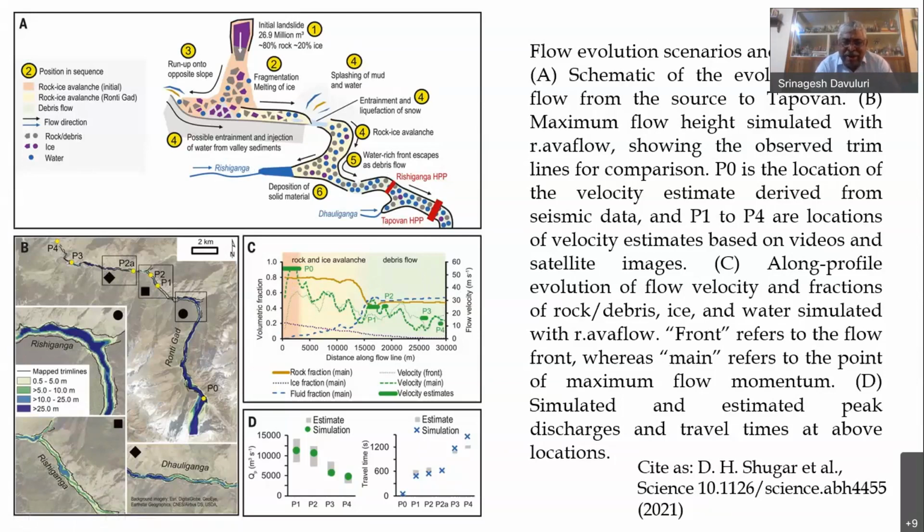So it was coming at tremendous speed. And what you can see, the yellow one is the rock fraction. The rock fraction is the maximum. You have the ice fraction, which is very small, and the fluid fraction, which increases as you move away from the impact. That means the water and fluid are being injected out and striking both the power plants with the debris. So this is what we can see, that the debris started flowing at great speeds.